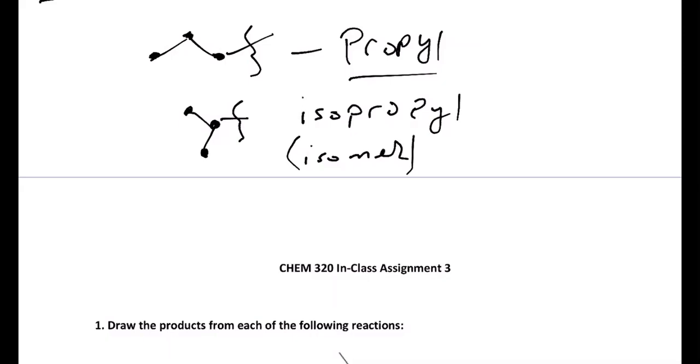The propyl tells you it's 3 carbons. The iso tells you that it's not attached to the first carbon, but to the second carbon, the middle carbon, between the other 2 carbons. All right, thank you. All right, any other questions? We're 2 minutes over time, so I'm going to